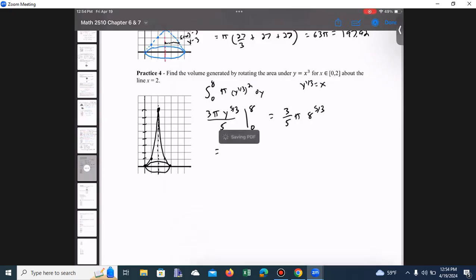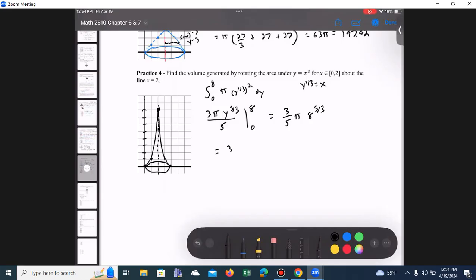That'd be 2 to the 5th power, which is 32. 3 times 32 over 5 is 96 over 5 pi,